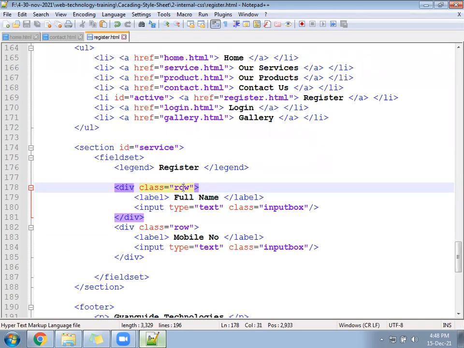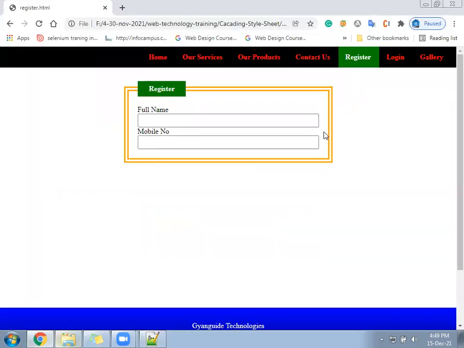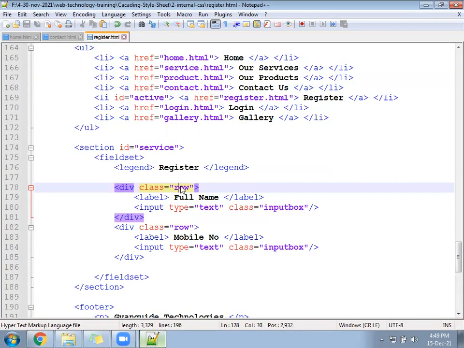Can you write a CSS for row? Like margin bottom, not margin on all sides. If you give margin on all sides, you will have more gap on the left and right. Or you can give margin on all sides also, by 15 pixel. Try giving margin 15 px for the row class.